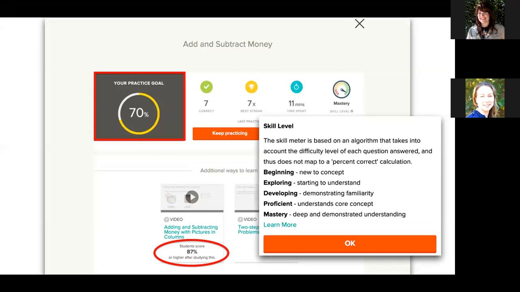So one other thing that you see on the screen that's highlighted at the bottom is that we have recommendations for how to continue exploring this concept. For instance, our intelligence system says that students who watch this video score an 87% or higher on the practice. If you were to keep scrolling down this report, this is just a still shot, obviously,